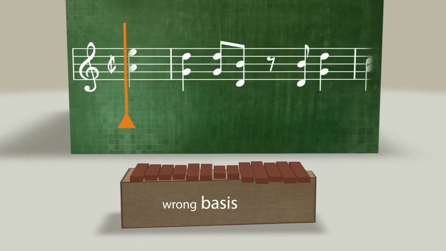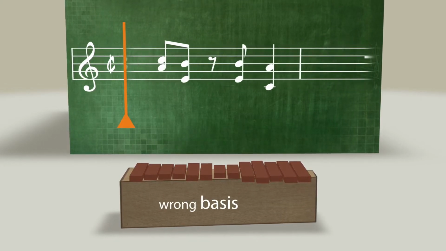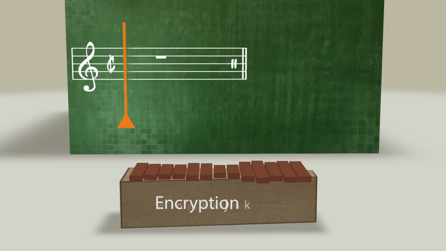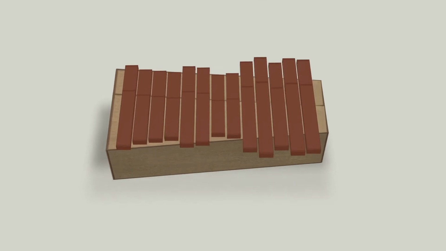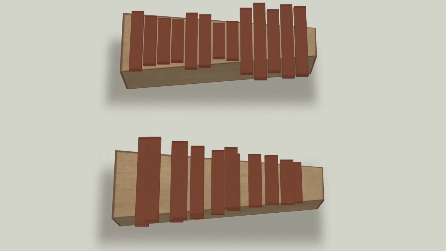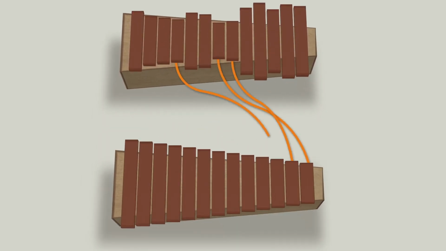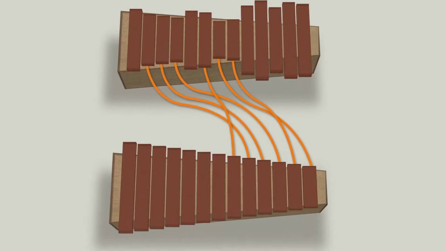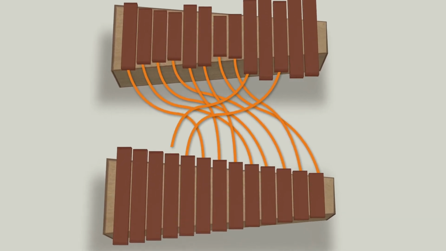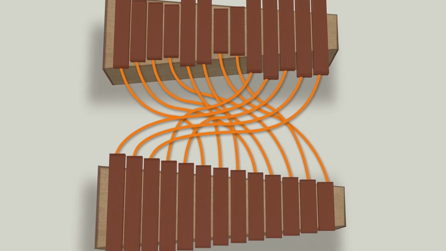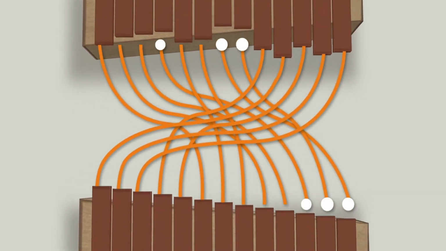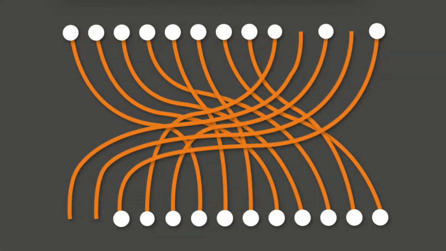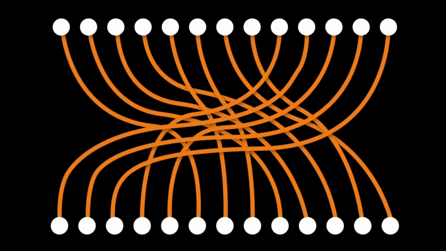To play music in the wrong base is essentially a special type of encryption, of cryptography. This idea, that is, encryption of a message using coordinates that are read in the wrong base, has previously actually been used. However, not with musical notes, but with letters of the alphabet. We are, however, interested in permutations for a quite different reason, because such permutations are the backbone of all operations